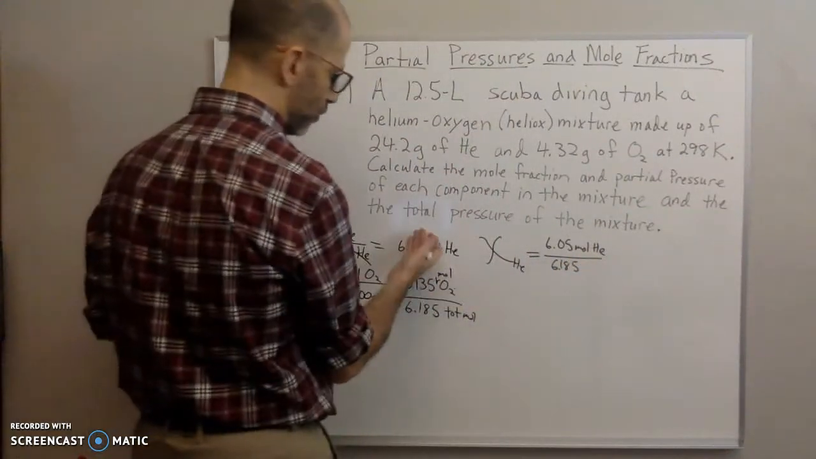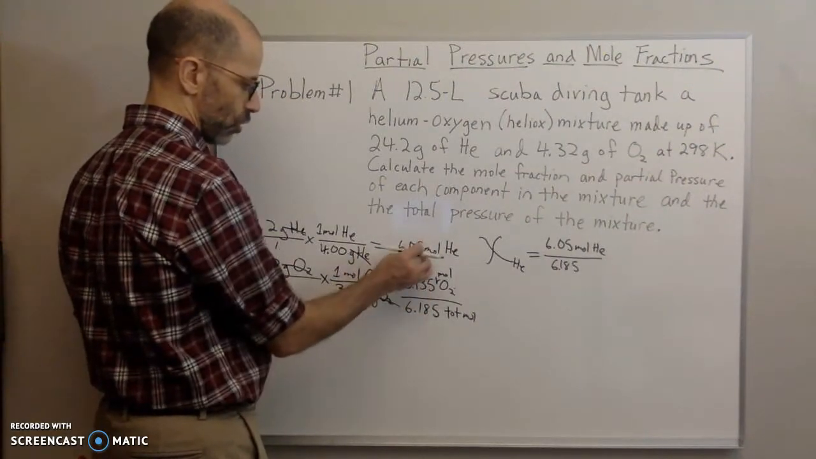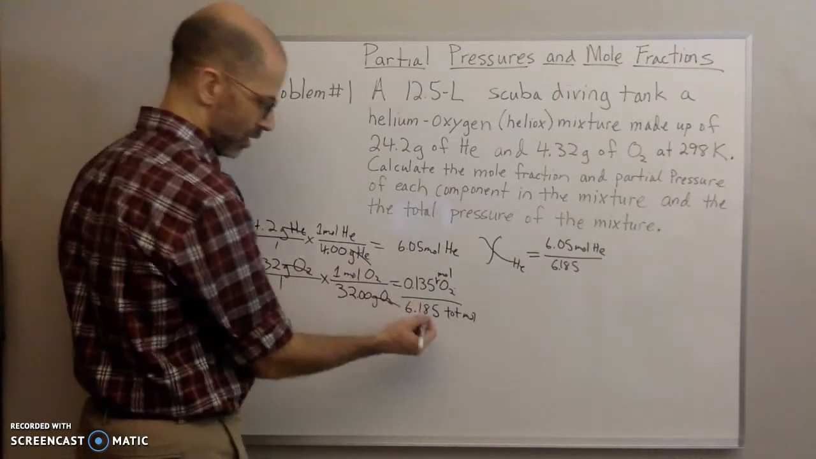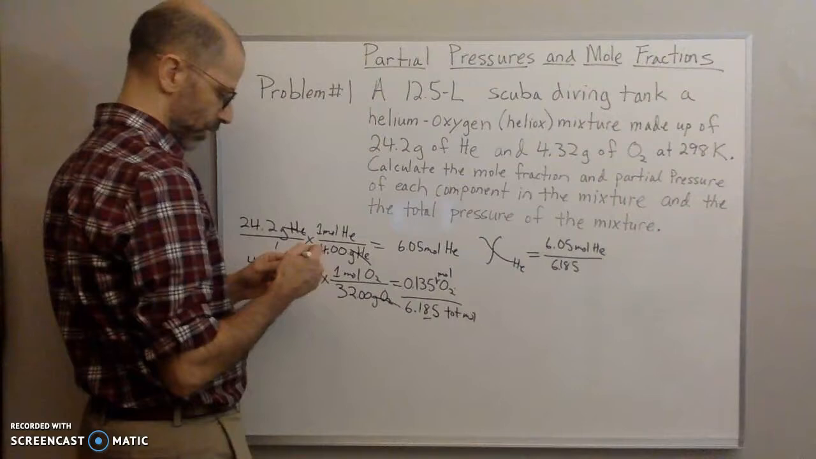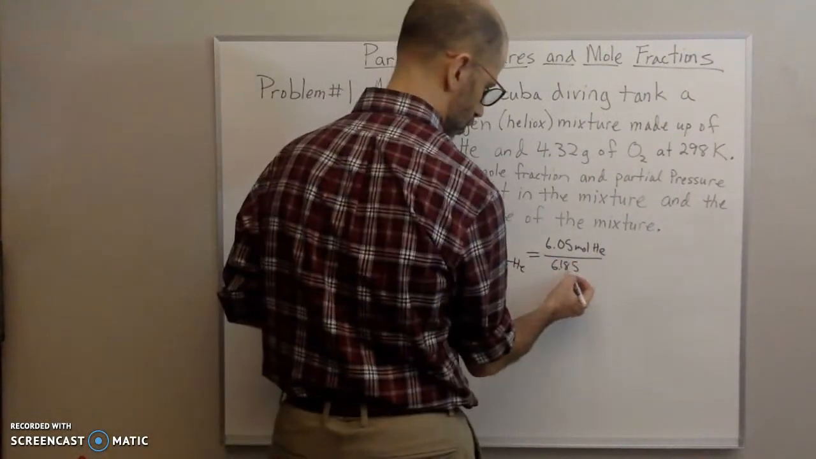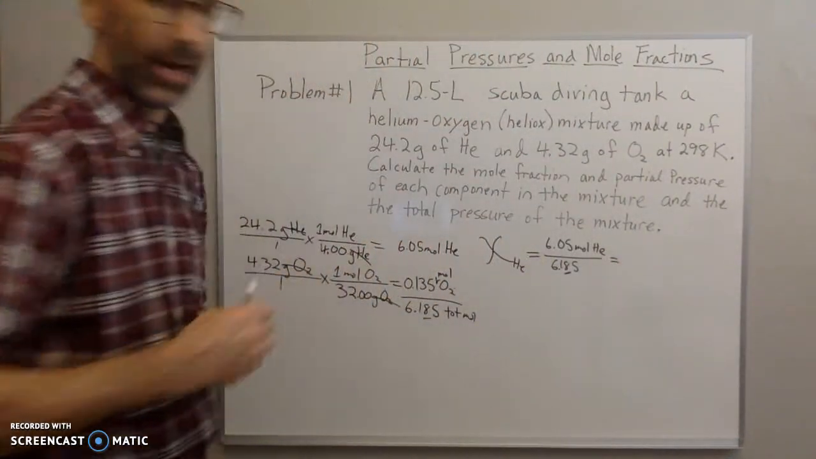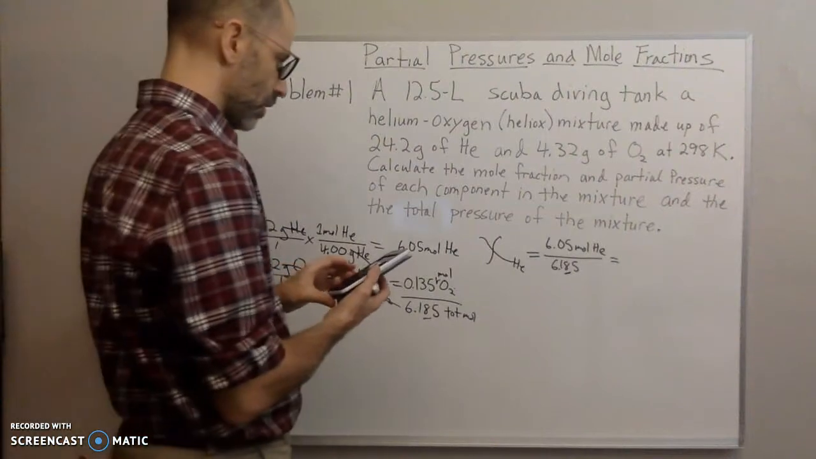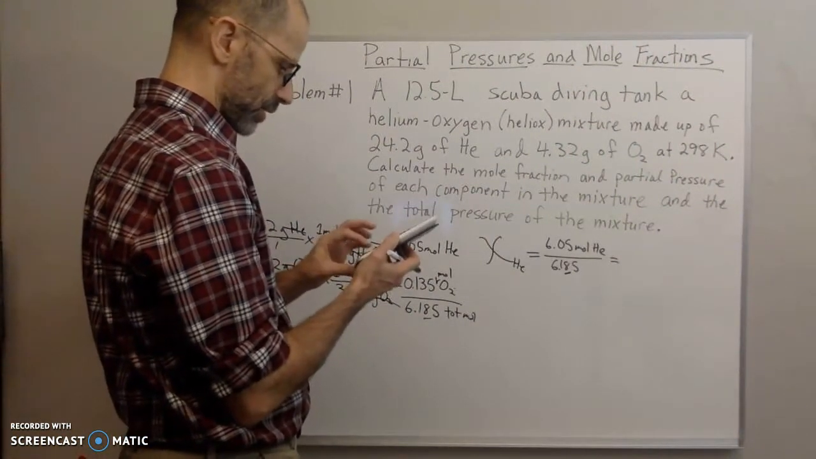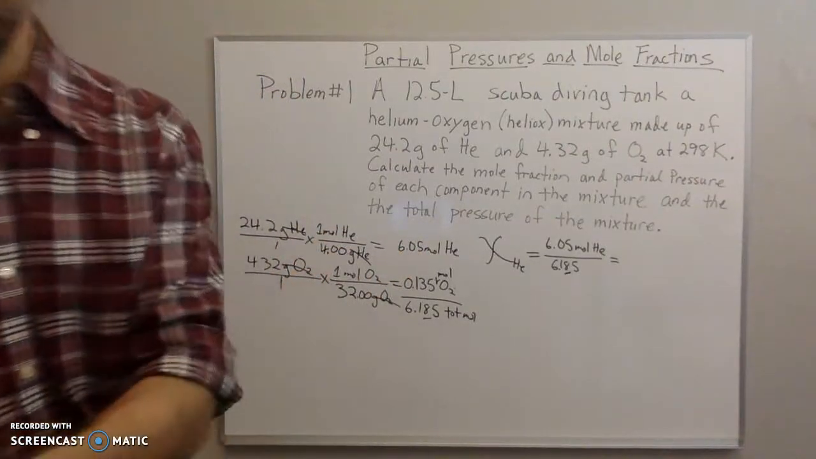Now, when we added these together, we're only allowed the least number of decimal places. We have 2 decimal places here and 3 decimal places here, because we added. That means the 8 is the last significant figure, but I'm going to keep the extra digit so I don't get a rounding error. So that gives me the mole fraction for helium: 6.05 divided by 6.185 equals